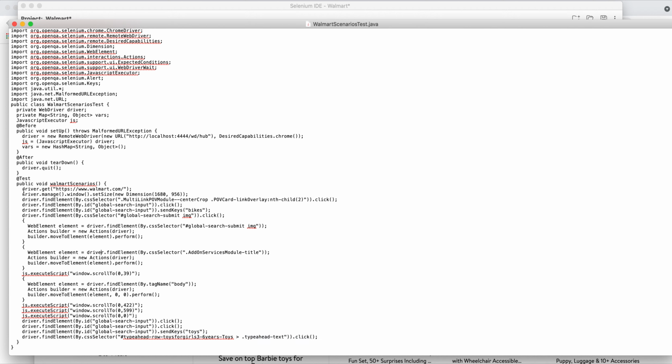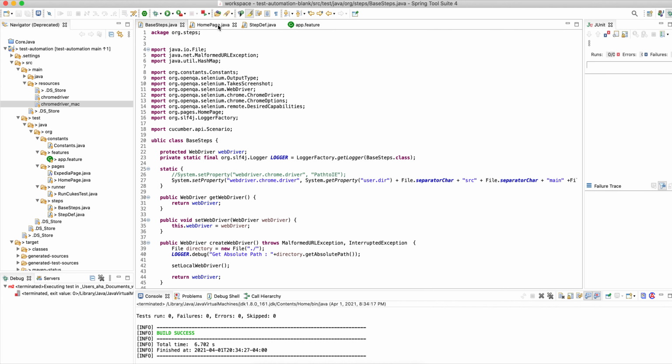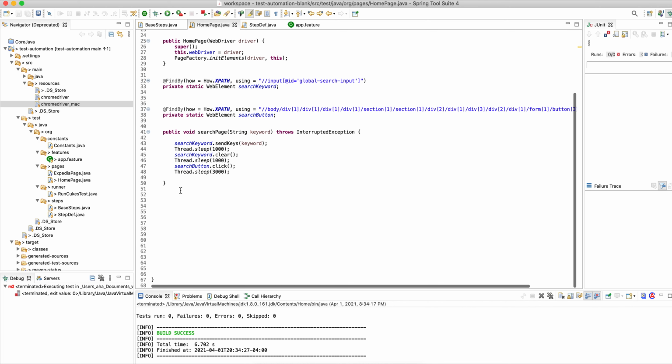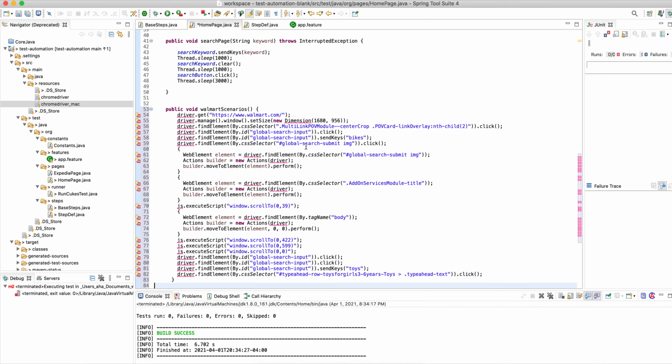So all you need to do is copy this code. You can actually copy this whole method. Go to your class, go to home page, put it here.